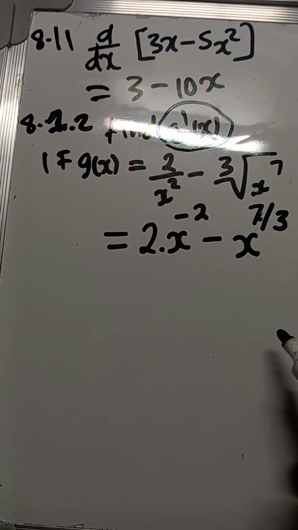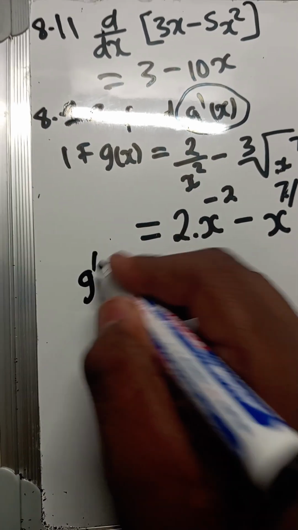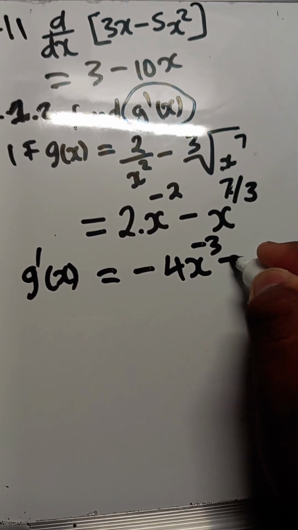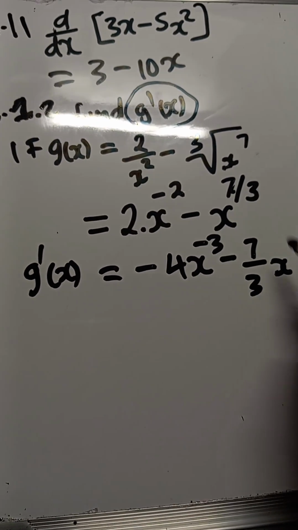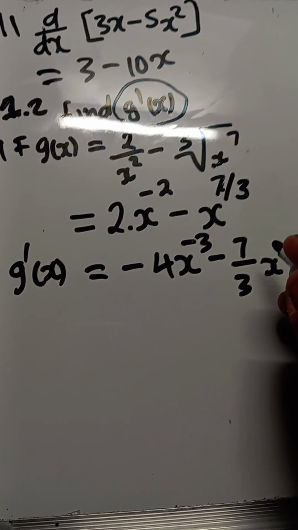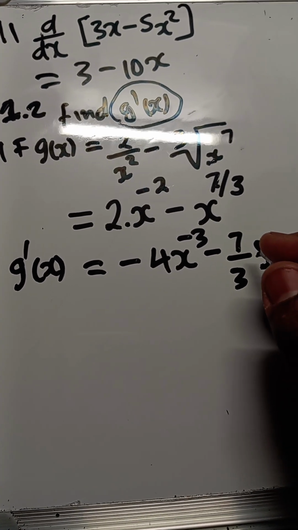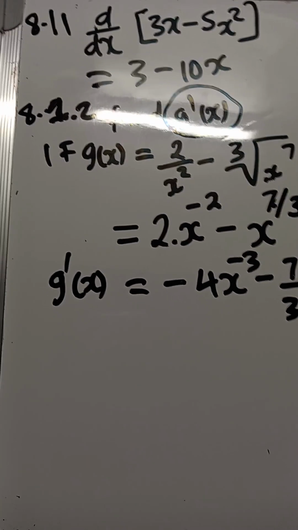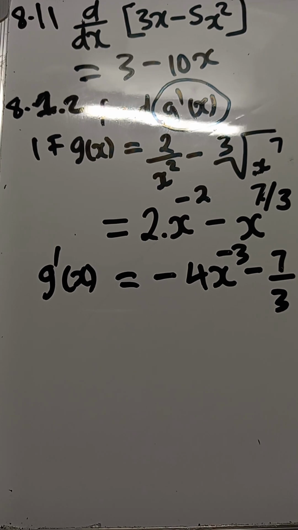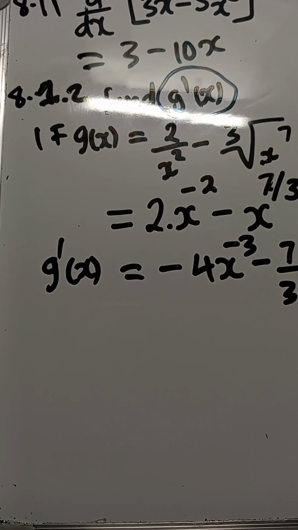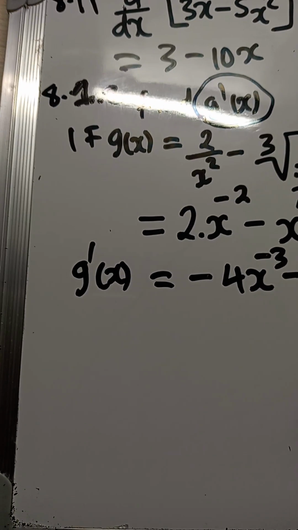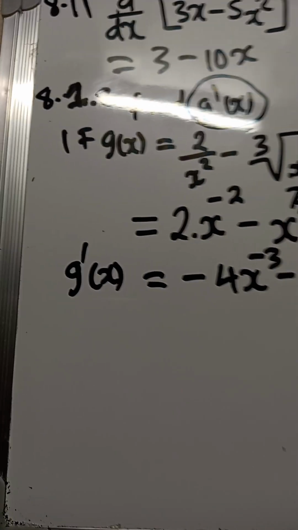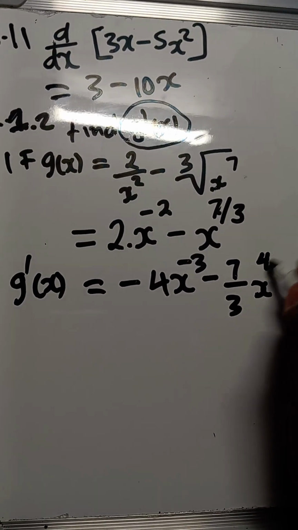Now it is okay. Since it is fine, now I can just say g prime of x is equal to negative 4x to the power of negative 3 minus 7 over 3 x to the power of what? 7 over 3 minus 1 has to be what? 7 over 3 minus 1 is 4 over 3. Now this is just to the power of 4 over 3. Okay,